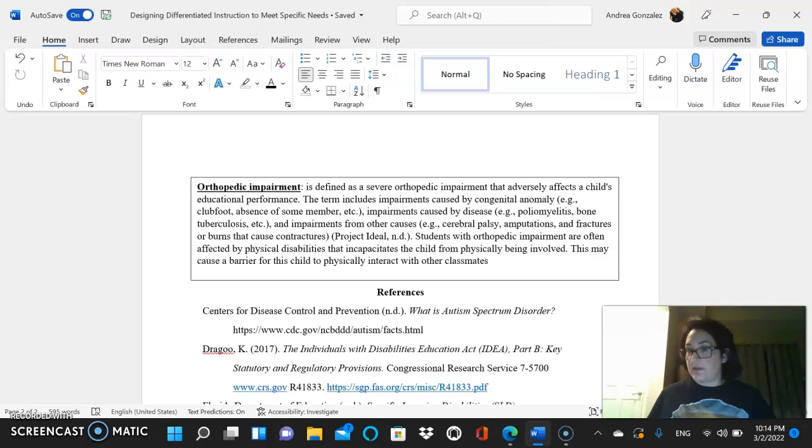Mentally, intellectually, they should be okay, but physically, most of the time it would affect them, and that will probably take a toll on the student's ability to function in class with their students and have a relationship with their students physically, in terms of playing and things like that, like physical interaction with other classmates.